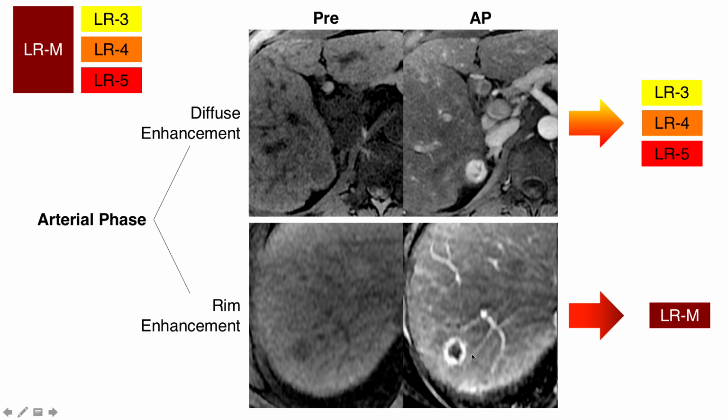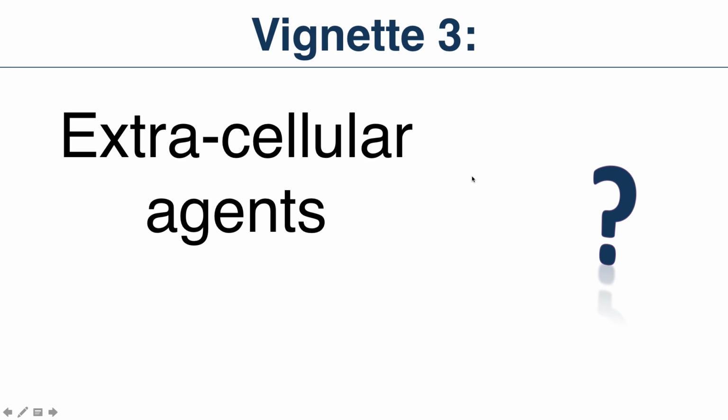Now this ended up being biopsied, and I think this ended up being a sarcomatoid cancer, not a cholangio. Now, does rim enhancement exclude HCC? The answer is no. HCCs are so common in the cirrhotic liver that something that doesn't look like an HCC very well still may be an HCC. It's just that you can't call this an HCC based on imaging alone. So when I see rim enhancement, LI-RADS M, biopsy, possibly an HCC, possibly a cholangio. This, no way this is a cholangio. That's the difference. Okay, let's move on to